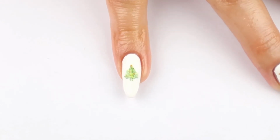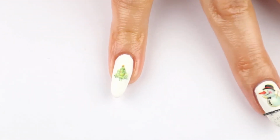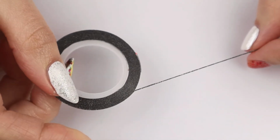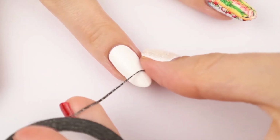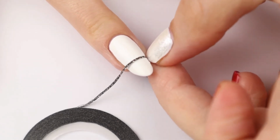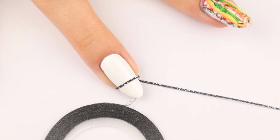And here is the nail art. I feel like it's very minimalistic, with just one tree decal on it. Very minimalistic, beautiful. Alright, I got one more water decal nail design to show you, and it involves striping tape. So I'm going to grab my black glittery striping tape, and I'm going to cordon off the bottom half of my nail where my smile line is, and then I'm just...